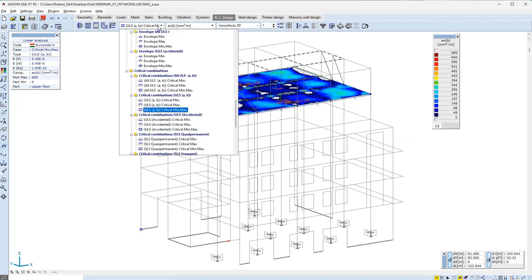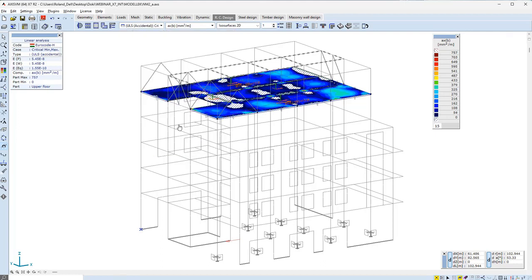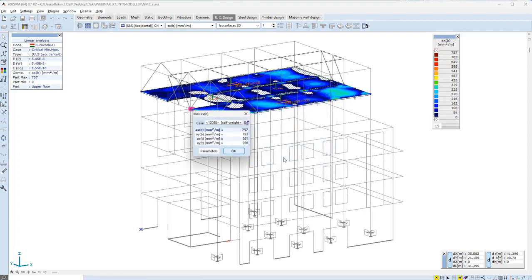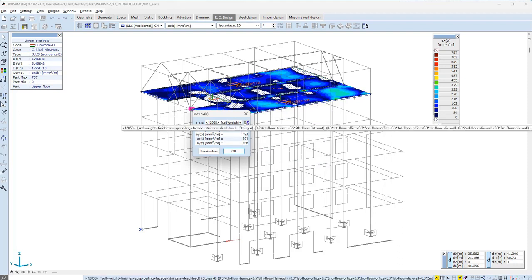Comparing this by checking critical results from ultimate limit state accidental combinations using the min-max values, we can see an increased reinforcement requirement of 757 square millimeters per meter. Checking the combination itself from which this result is obtained, we can see that the story 4 fire load case is included.